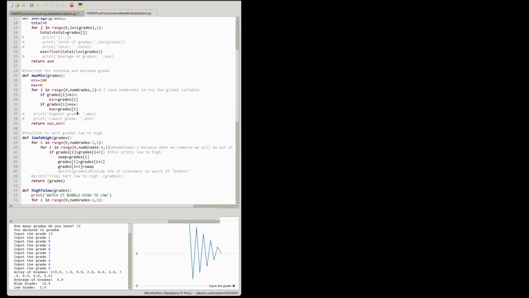So now, as we're going through those, it'll take all the grades and compare them, and it'll assign the lowest to the lowest and the highest to the highest. And then it's going to return max and minimum. Two things here, so there's a comma. And then